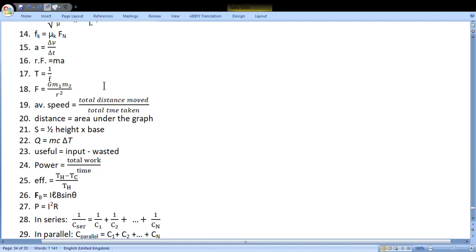Then we have friction formula, acceleration formula, second Newton's law, link between period and frequency, gravitational attraction force, average speed,